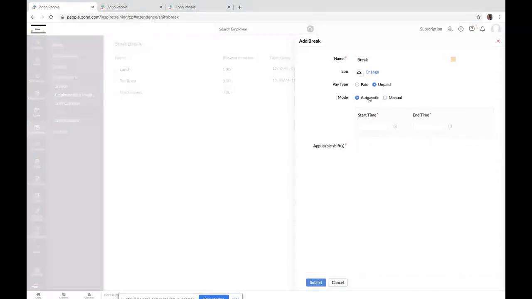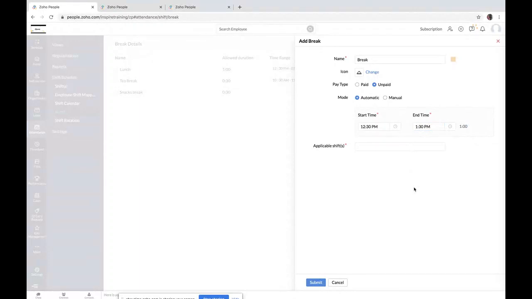If it is an automatic mode, you will have to provide the start time and end time of the break as a mandatory option. Say you define a break from 12:30 p.m. to 1:30 p.m. as a lunch break.